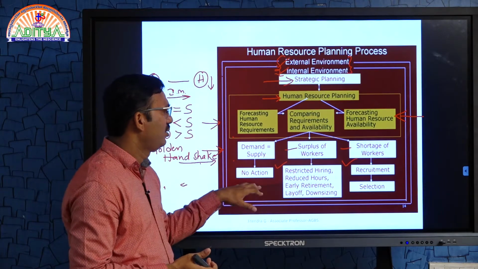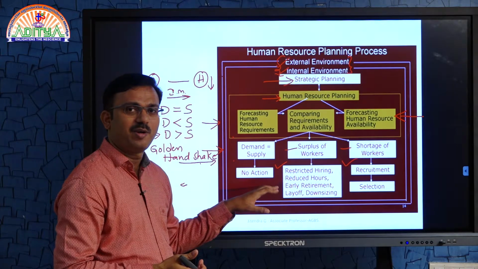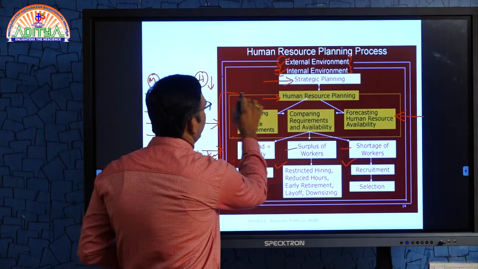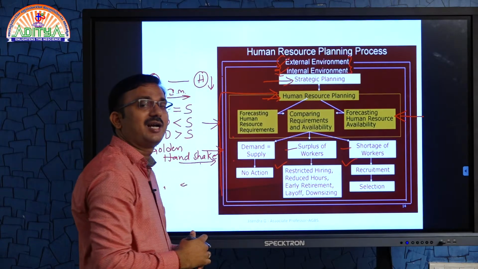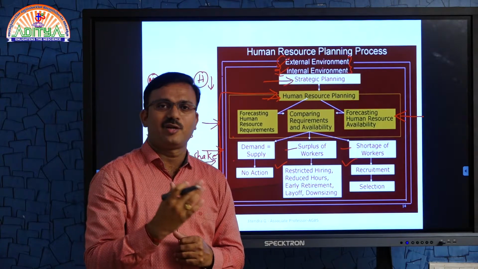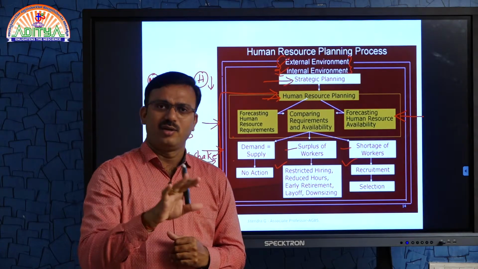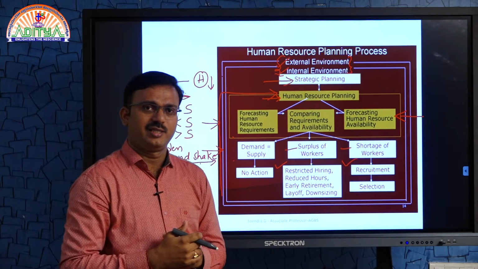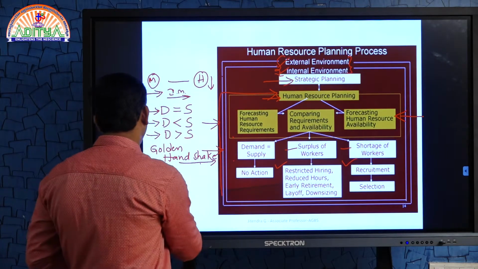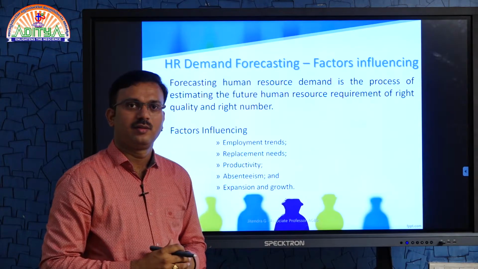After doing so, still if you are having any problem, once again we will go and check with the HRP, human resource planning. Control and review mechanisms are going to happen. Then we are going to modify one or the other aspects in the organization. This is how human resource planning will be done in the organization. Next we will see